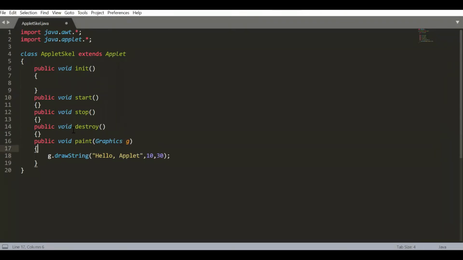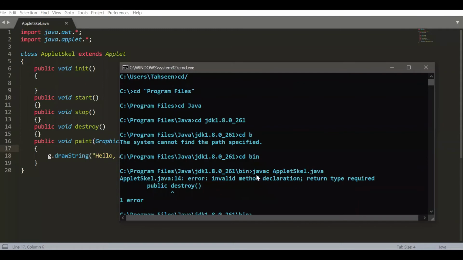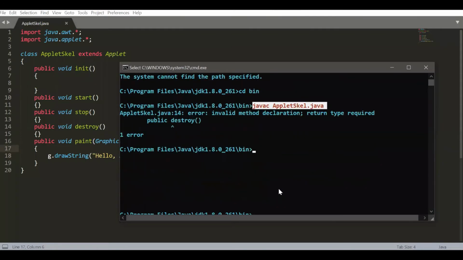Okay, there's one more point I forgot to say. For compilation, we use javac followed by the file name .java. But for execution, we go for appletviewer.